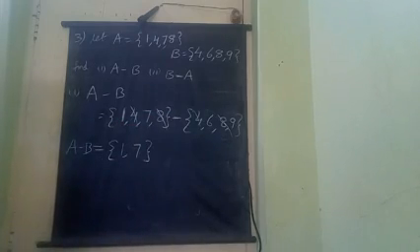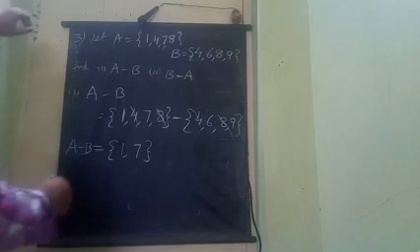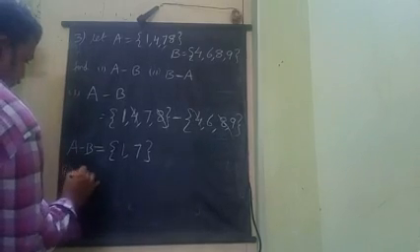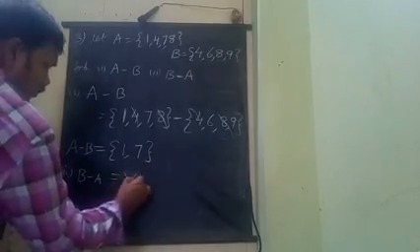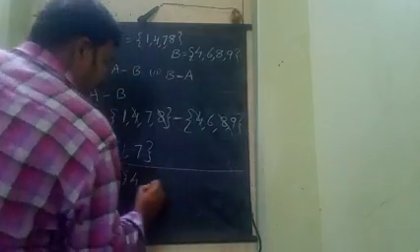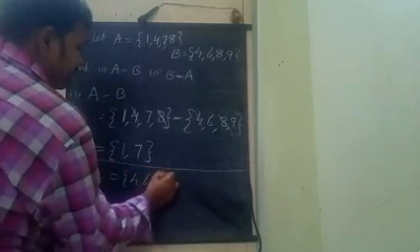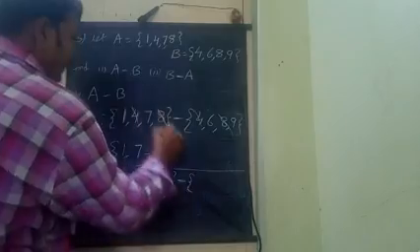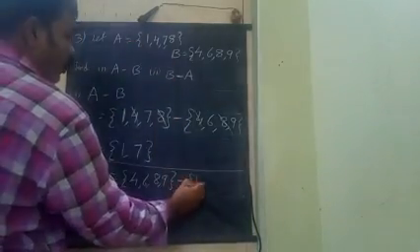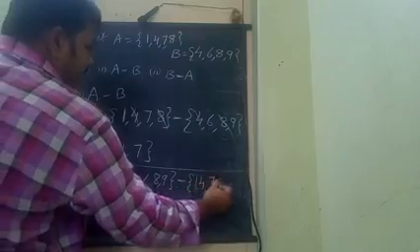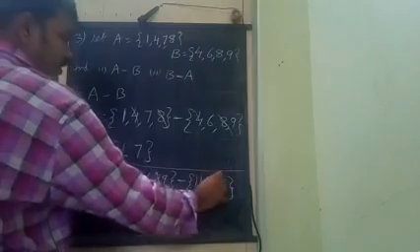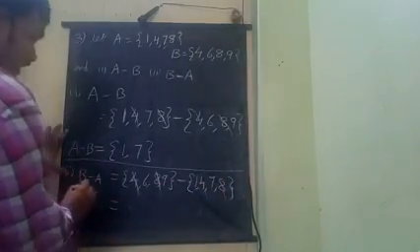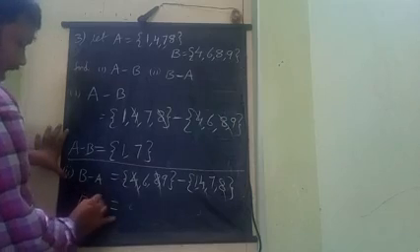And the next sum is B minus A. I am doing that one, B minus A, second sum. What are the elements of B? 4, 6, 8, 9, minus A elements are 1, 4, 7, 8. Now strike off those ones. 4, 4, 8, 8. B minus A we are writing. That is B minus A.